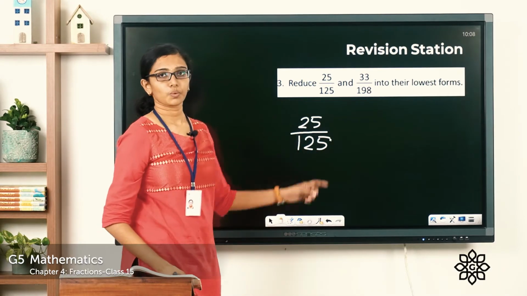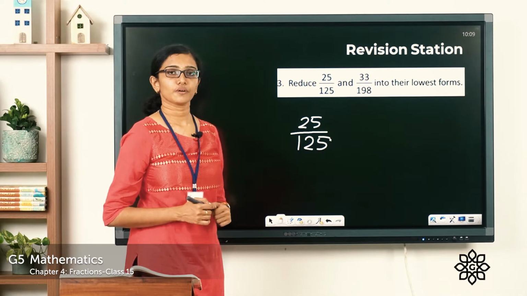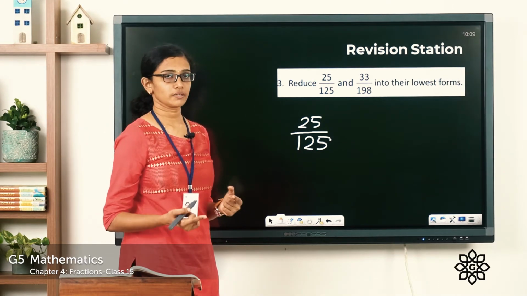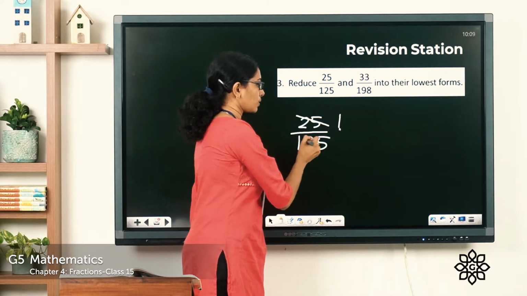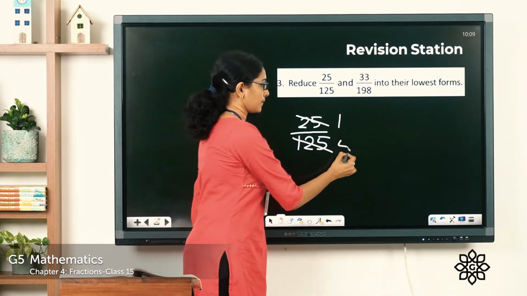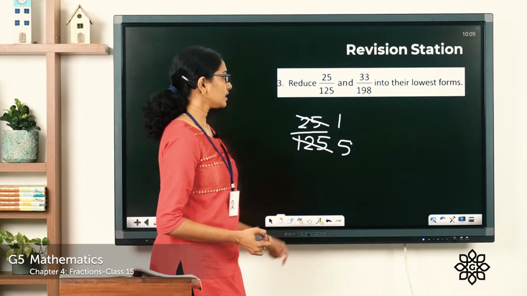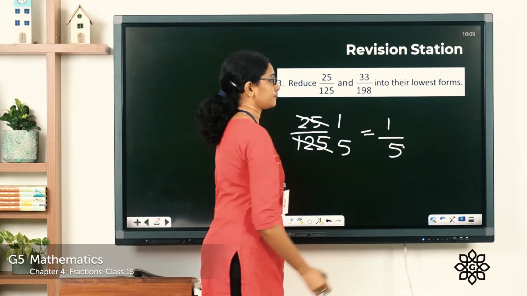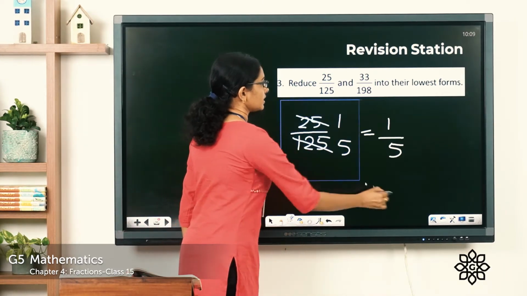Both these numbers 125 and 25 are multiples of 25, right? So let's divide the numerator and the denominator by 25. So what is 25 by 25? It is 1 and 125 divided by 25 is equal to 5. 25 into 5 is equal to 125. So here the lowest form will be 1 by 5. Clear? Now the second one, 33 divided by